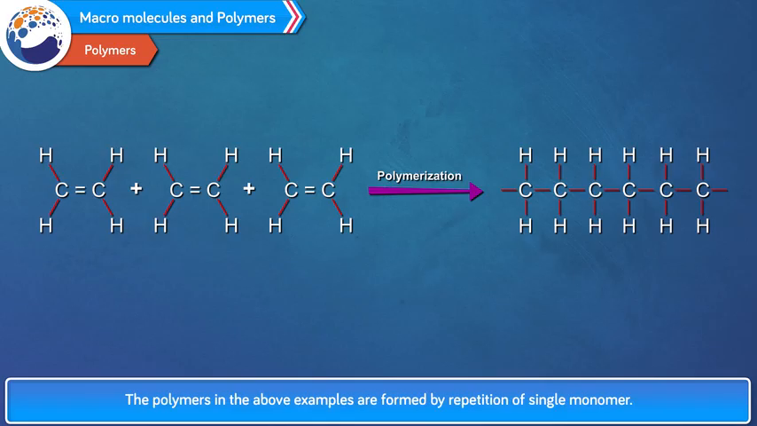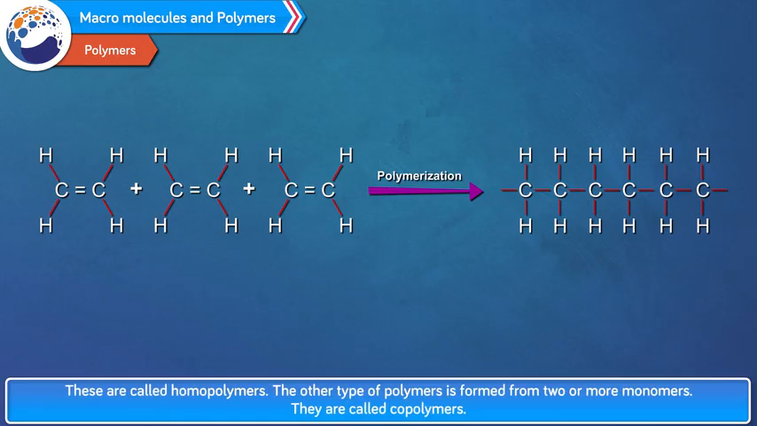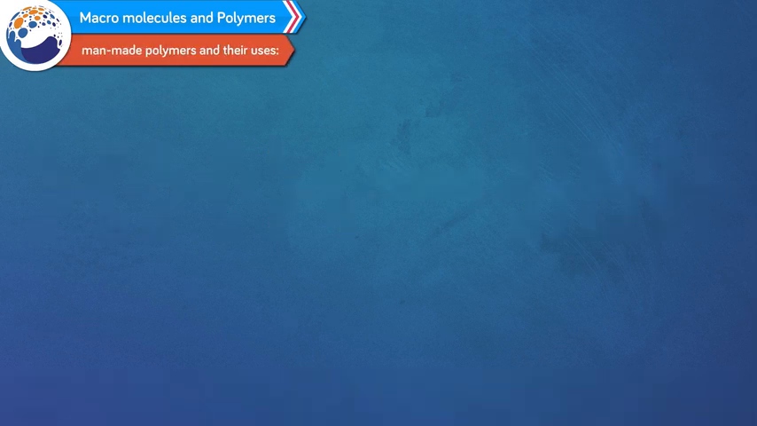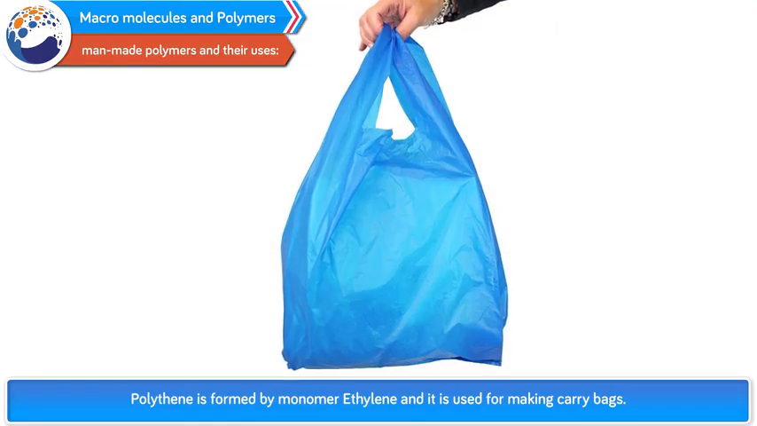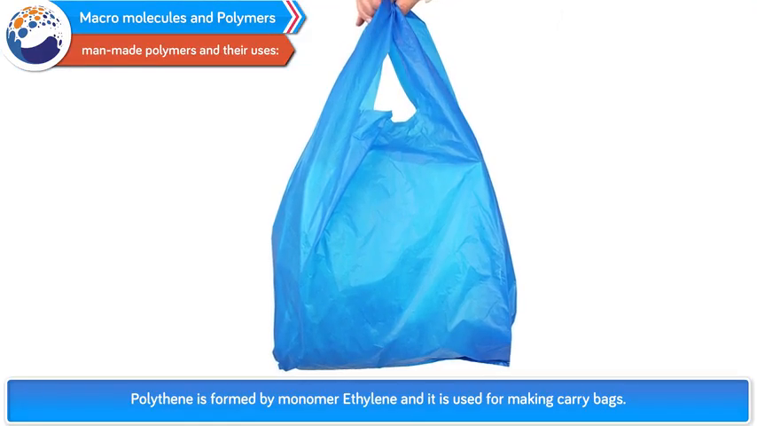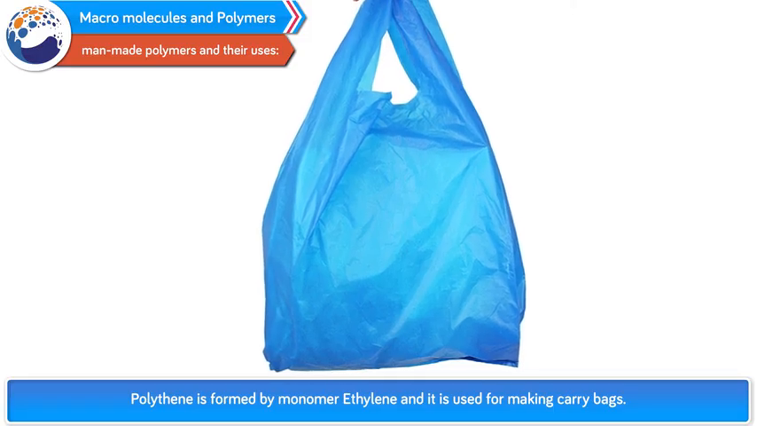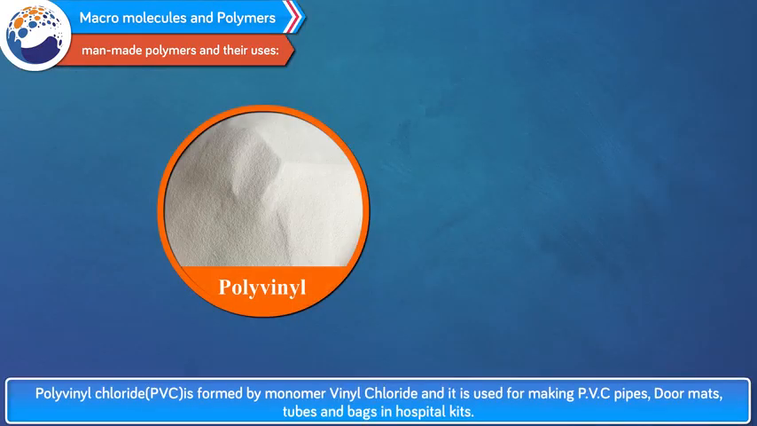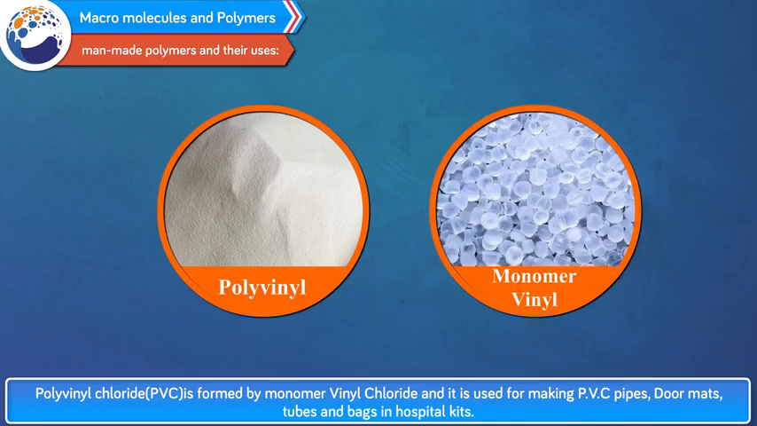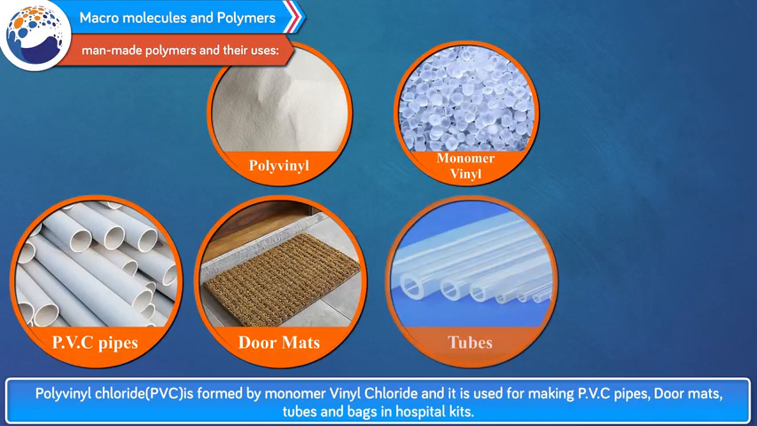The polymers in the above examples are formed by repetition of a single monomer. These are called homopolymers. The other type of polymers is formed from two or more monomers. They are called copolymers. Following are examples of man-made polymers and their uses. Polythene is formed by monomer ethylene and it is used for making carry bags. Polyvinyl chloride, PVC, is formed by monomer vinyl chloride and it is used for making PVC pipes, doormats, tubes and